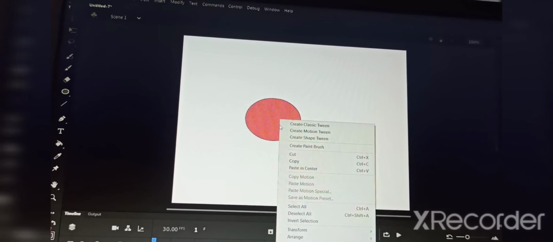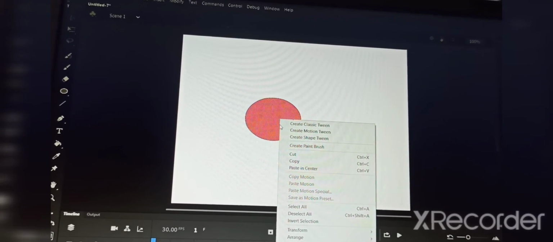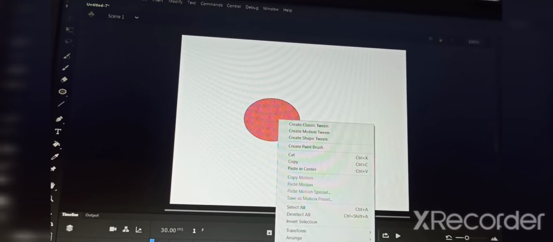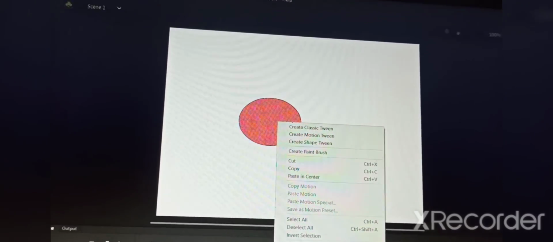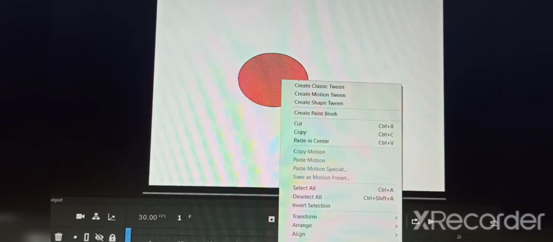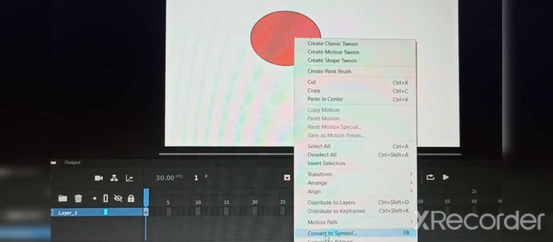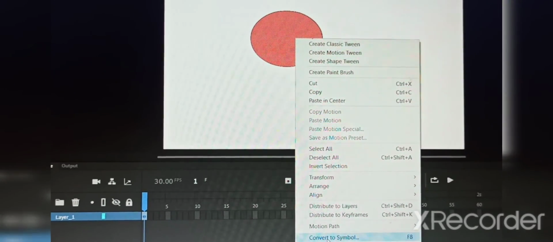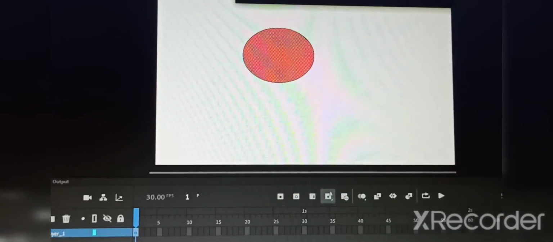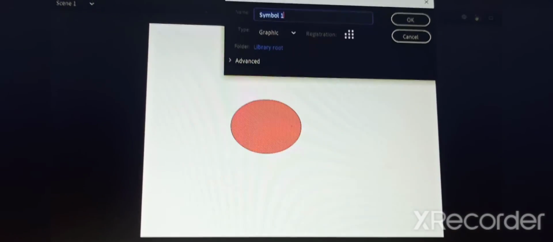I will right click the mouse button here, and down there you can see Convert to Symbol. Now I will click on this, so it will get converted. Here they will ask for the name, Symbol 1.